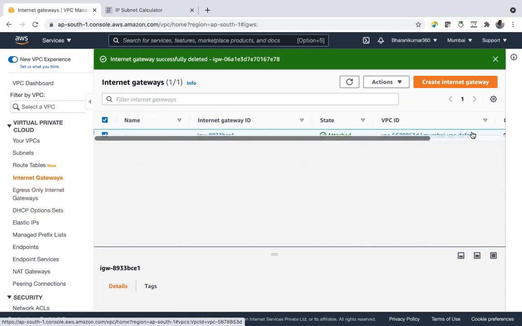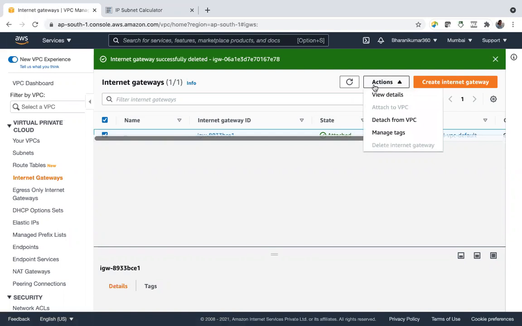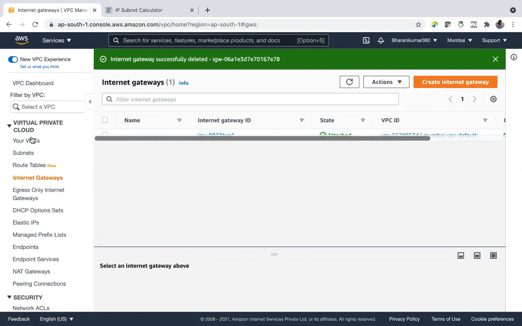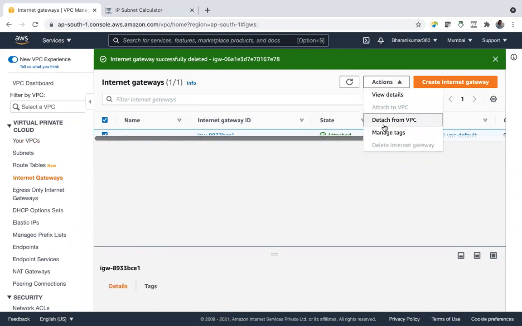That is the default VPC. That means when you create an EC2 instance or any other thing within the VPC, database service, etc., they will not have internet. Ma'am, will it get deleted if we delete it? Yes, it will get deleted. You can detach it and delete it. Then how to fix it? You have to make a call to AWS or write to the support center, and they will provide you with some solution.